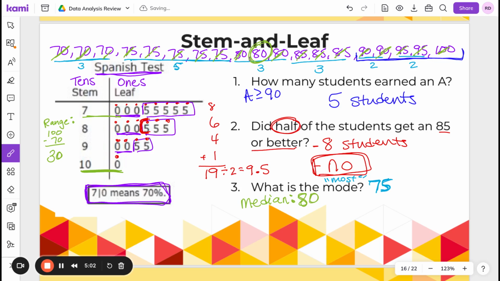Okay, so we can find mean, median, mode, and range for any of these types of graphs. This one is going to be the one you see the most because the numbers